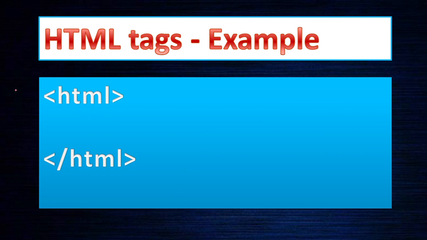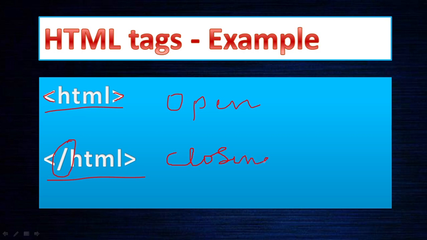Example, let us look at the first tag. So this is the HTML tag and then this is the closing tag. So what is the difference here? The difference is the one forward slash. Here you can see the less than symbol, then HTML, then the greater than symbol. This is called the opening tag. And when you have a forward slash, the same tag with a forward slash means the closing tag. The first one is the opening tag and this one is the closing tag. So generally in HTML we have an opening tag and a closing tag. Some tags don't have a closing tag, but we'll understand that in the future.